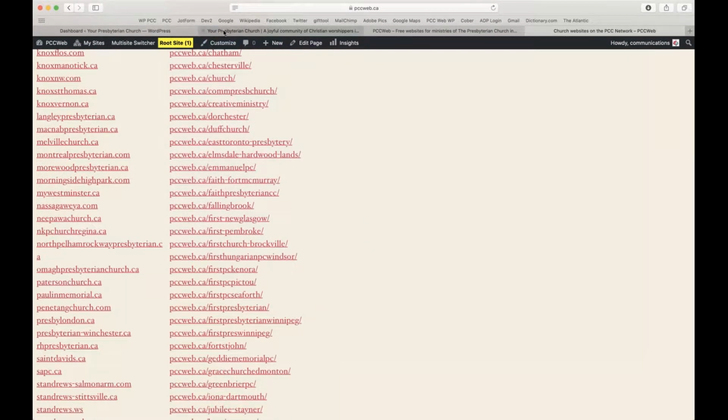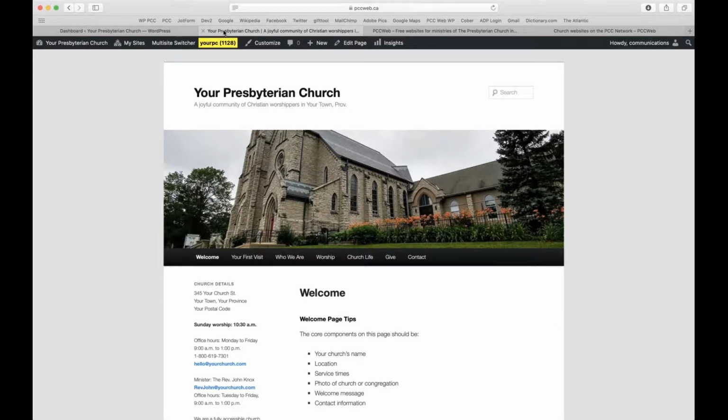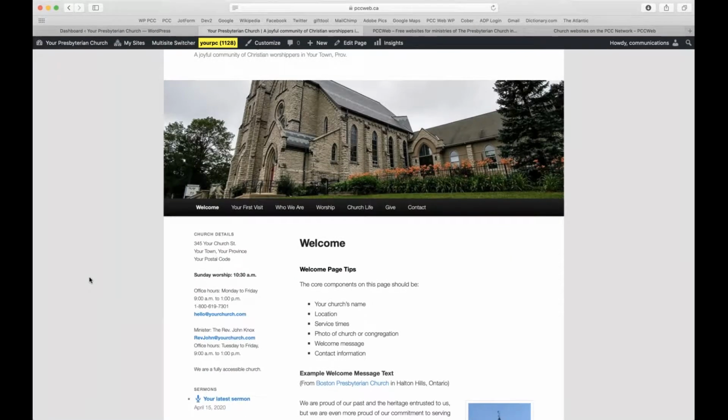And then this is the Your Church template. So we'll go through it quickly. Okay, so the way this site has been set up is that there's examples from Presbyterian congregations already, and then there's some sample pages that you're more than welcome to copy and paste. Hopefully it's more just a little bit of inspiration, and then you can make yours even better because this is